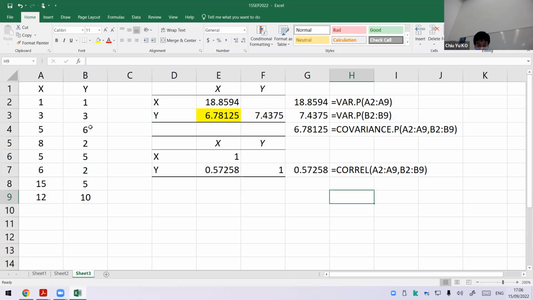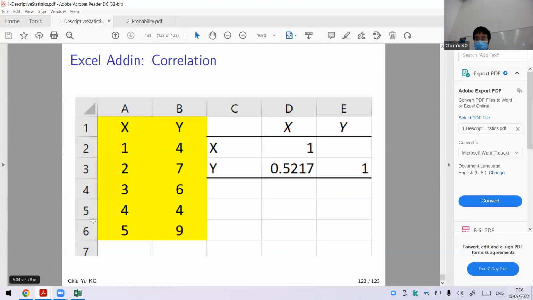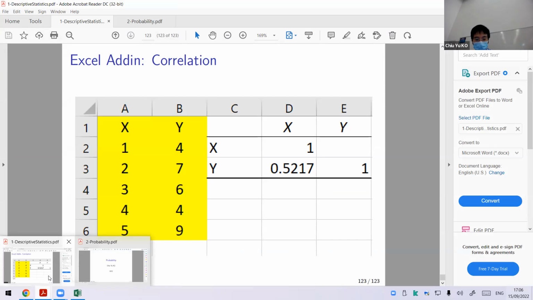Okay, if there's no question, any question for the Excel? Okay, so if no, then